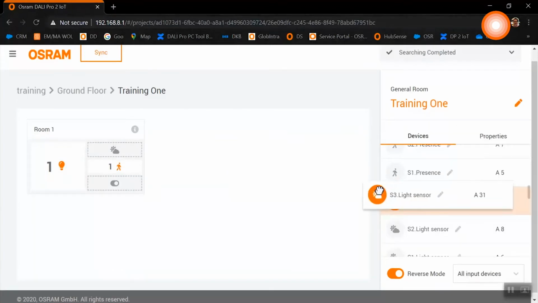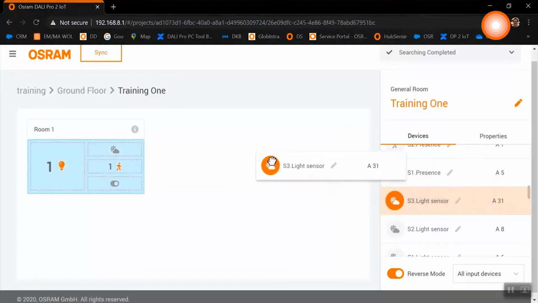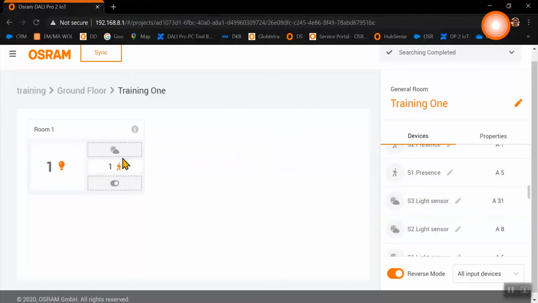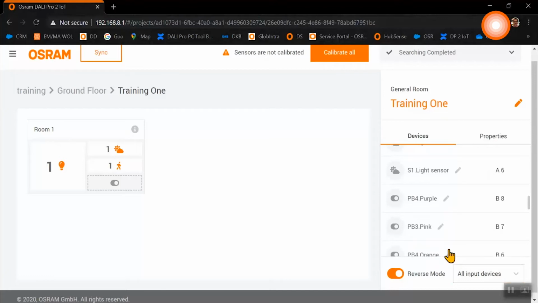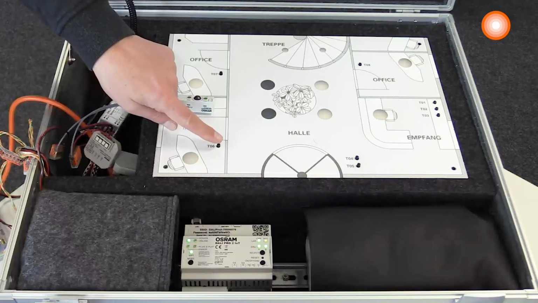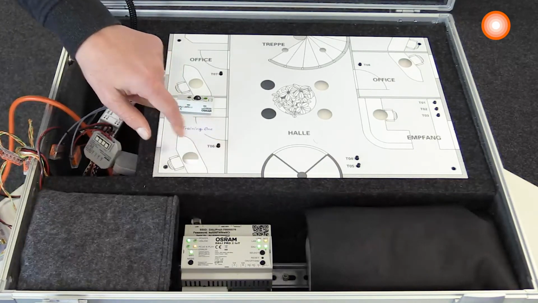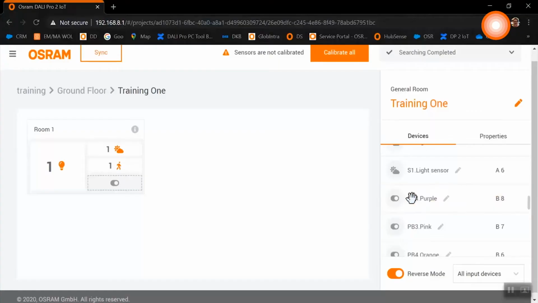As we have a combined sensor with light, we just drag and drop the light sensor into our room as well. As we want to have additionally a push button in our room, we need to identify this one as well. As the reverse mode is still activated, we are just clicking the push button and the push button identifies itself.